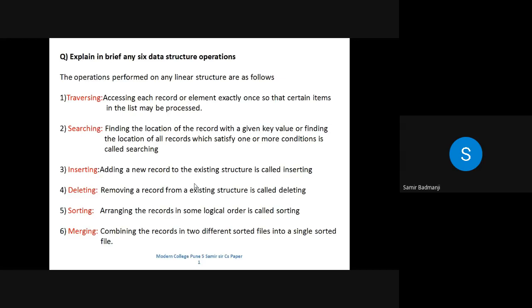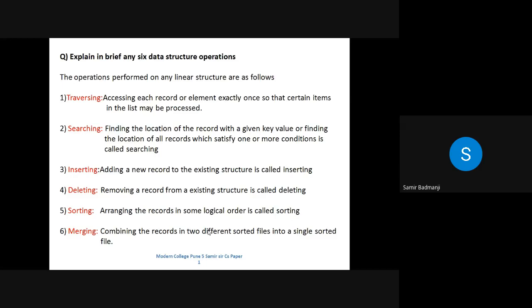Now this question is asked many times in the board exam. If you see the last 4 or 5 years of papers, you can see this question repeating again and again. So if you remember these 6 terms, then you can easily score the marks, and you just have to explain in 1 or 2 short lines. Usually this question comes for 3 marks: explain in brief any 6 data structure operations. Last year we saw the array, and we saw only 2 operations on it, one of searching a particular element and one of sorting. Okay. So in total there are 6 operations on a data structure. We'll see them one by one.